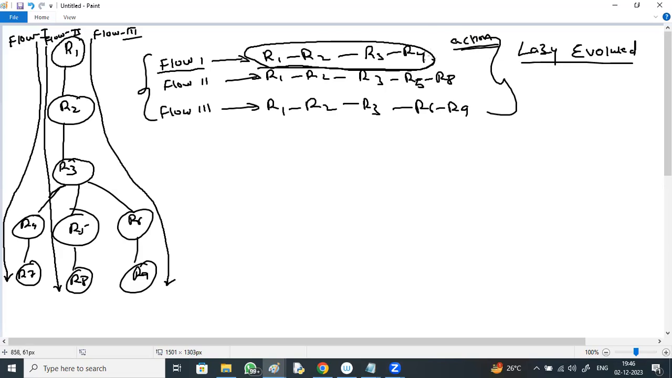Generally on the last RDD you perform the action, so that the execution starts from the root, R1 to R4, and gives the output. If an action is performed only then the flow executes. That's what we call lazy evaluation. Just like functions: if you make a function call, then only the function executes. If there is no function call, the function never executes. That is lazy evaluation. So here also, if I want to execute the first flow,